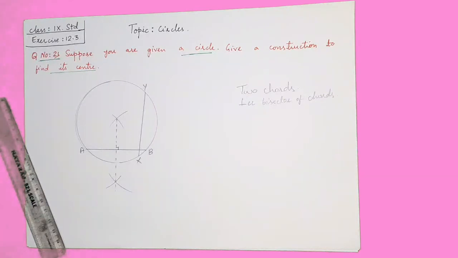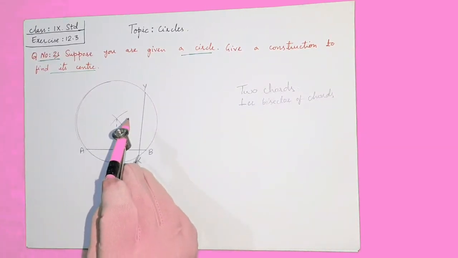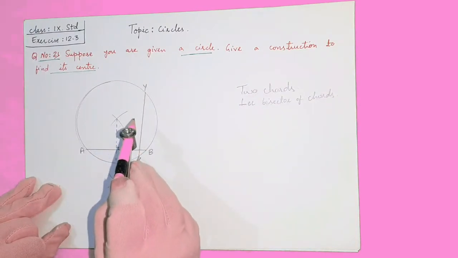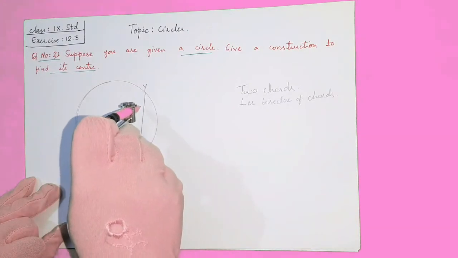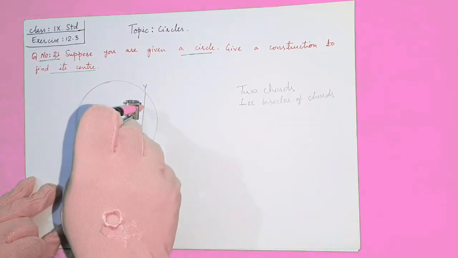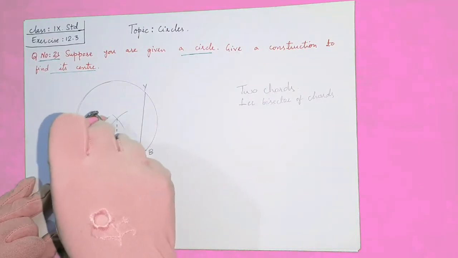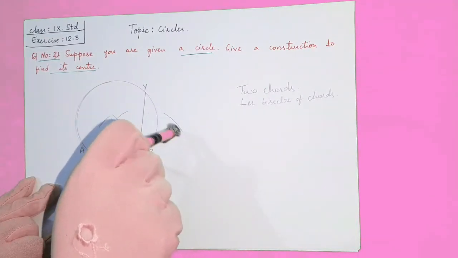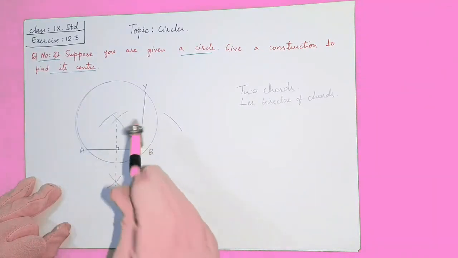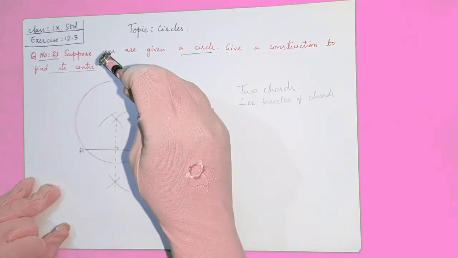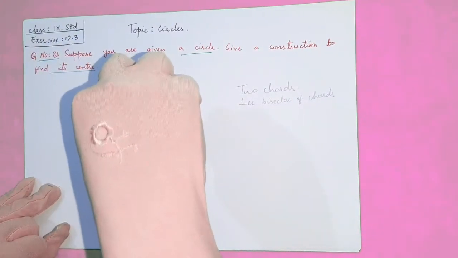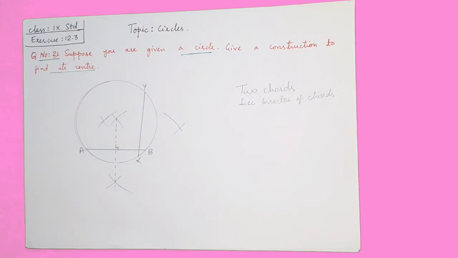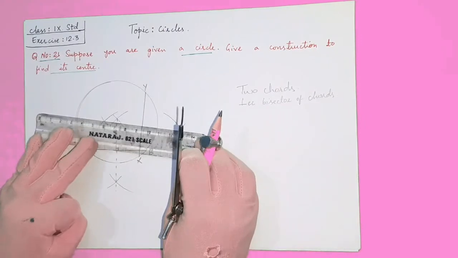अभी आपको same draw करना है XY का. तो XY का जब आप draw कर रहे हो, we have to take more than half of XY. If you take less than half, it will not intersect. Arcs जो होते हैं आपके वो intersect ही नहीं होते. That's why you have to take more than half. तो एक बार आपको X से ड्रॉ करना है arcs, and without changing the distance you have to draw the arcs from Y also. One time from X and one time from Y. Now we have to join both again so that we can get the perpendicular bisector.